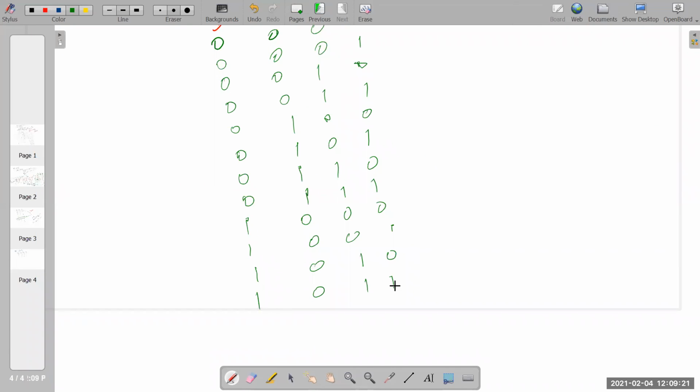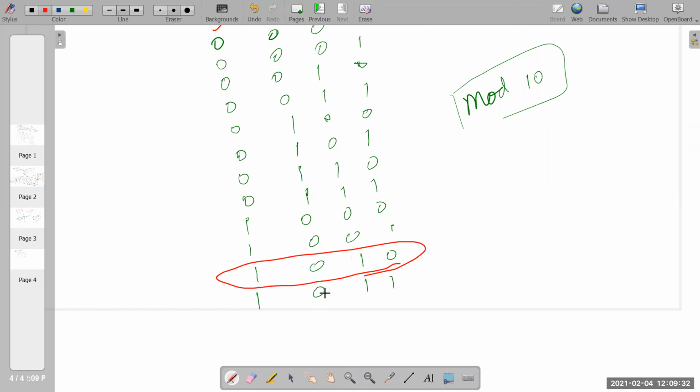Okay. For us, what I have said, design mod 10. Mod 10 means where is 10? This is 10. Instead of this, it should be changed to 0, 0, 0, 0. Clear should be enabled. So what combination can I give? Remember, it should not affect 0 to 9. Only for 10, it should be converted to 0, 0, 0, 0.